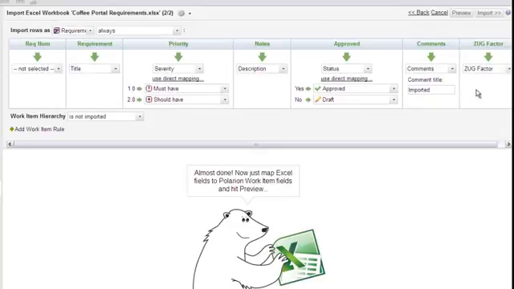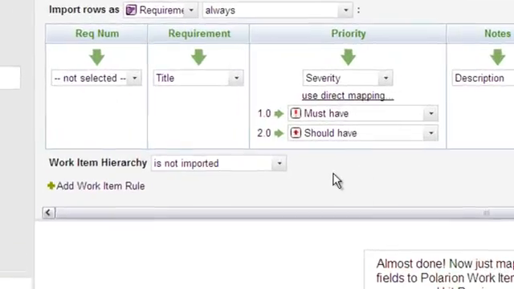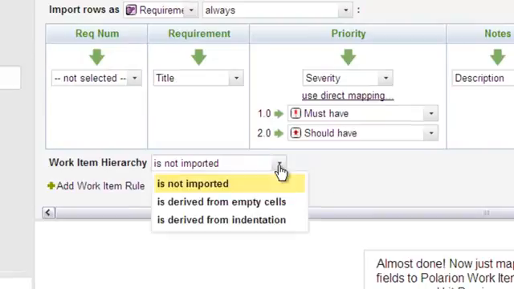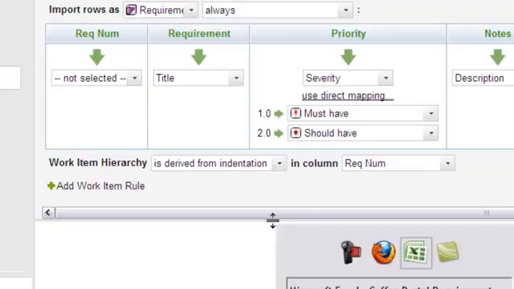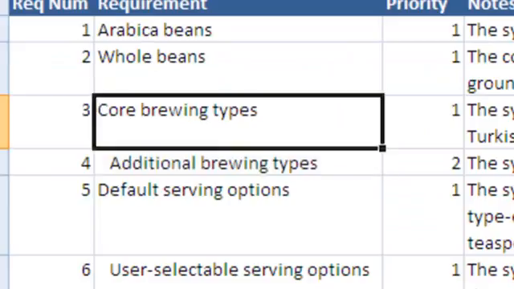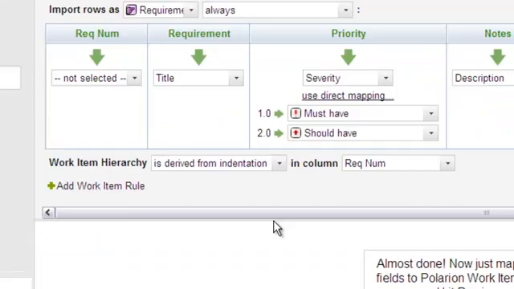After the field mapping, we can consider structure if the source worksheet defines some structural hierarchy. You can see there are a couple of options for importing structure. If there's a hierarchy in the source file, work items in Polarian will be created with appropriate links and parent-child link roles. Our source sheet has hierarchy defined by indentation in the requirement column, so I'll just map it that way. We now have an import rule that should import the way we want, and we can confirm that before